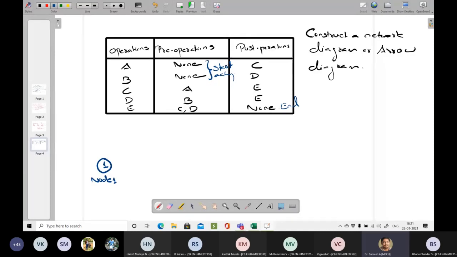This is my activity A and this is my activity B. Between node 1 and node 2 I have marked activity A, and between node 1 and node 3 I have marked activity B. So A and B are the start activities.